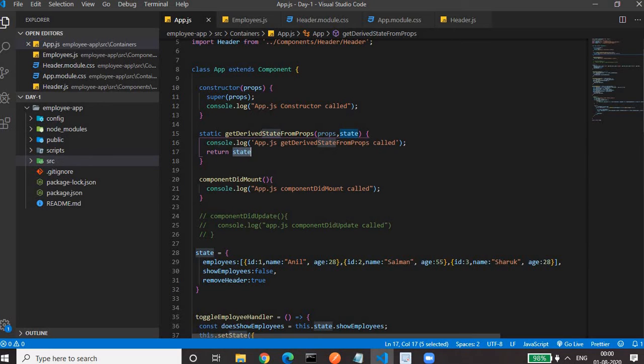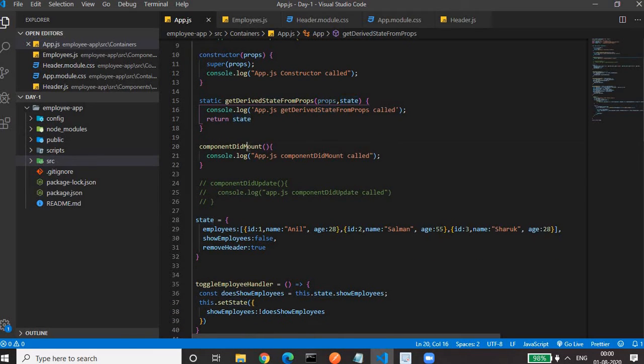Okay. Then we have the componentDidMount method. This is an important method. This method is called when our component gets loaded in the browser, gets mounted in the DOM. This is the method where we do Ajax calls or side effects. Here we do the Ajax call, an HTTP call to the server, fetch from the database, then we can change the state within the then method of the Ajax call. So all kinds of side effects and Ajax calls we do in the componentDidMount method.